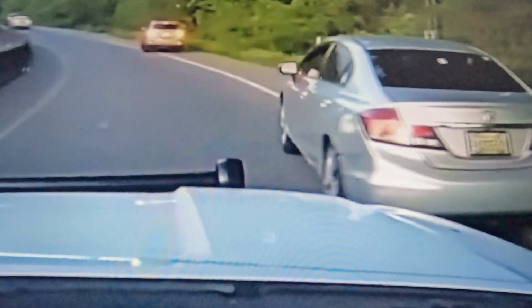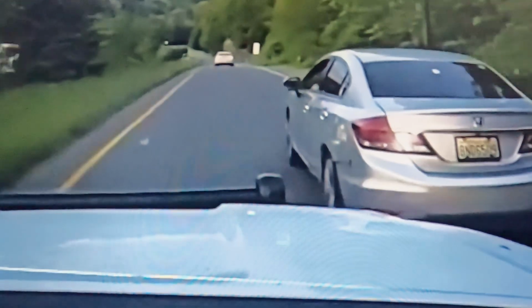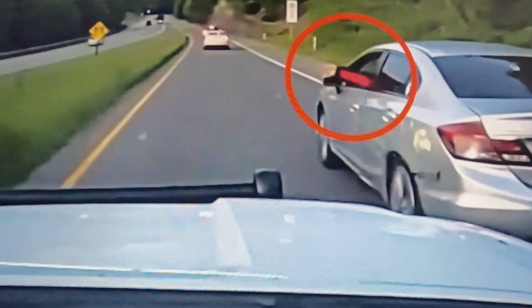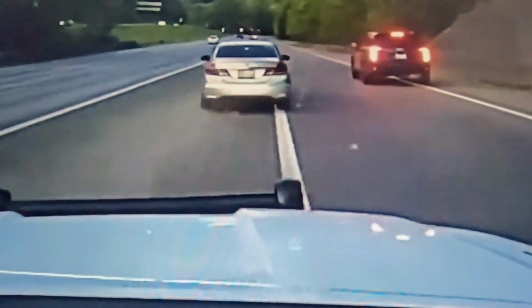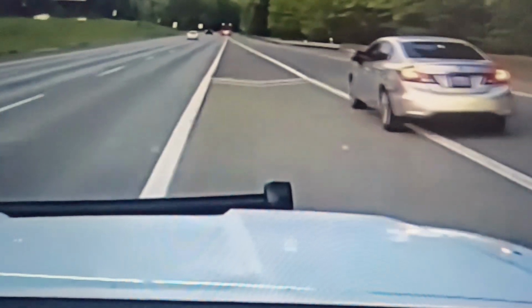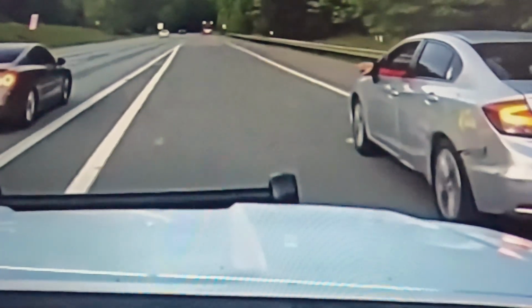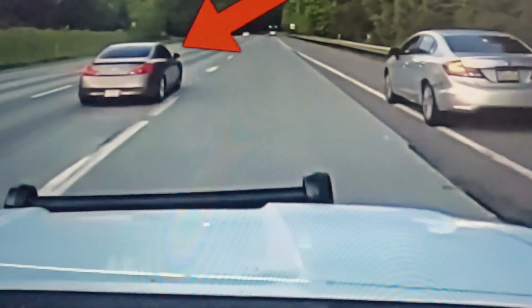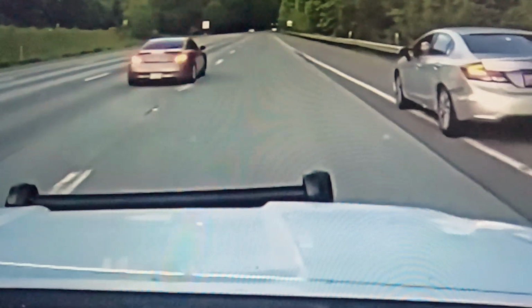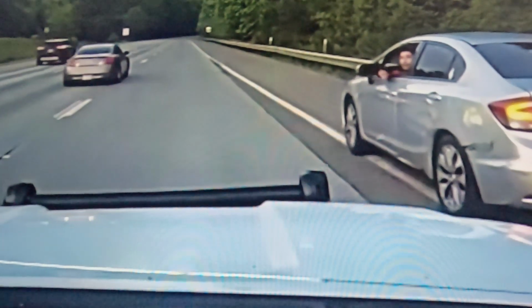Getting back on that eastbound 90, he's going to try for a pit again. He's just straight out of his window. And there's another car here, it's an Infinity. Looks like you've got another suspect that seemed to be trying to prevent the trooper from stopping this vehicle. We're eastbound 90 from High